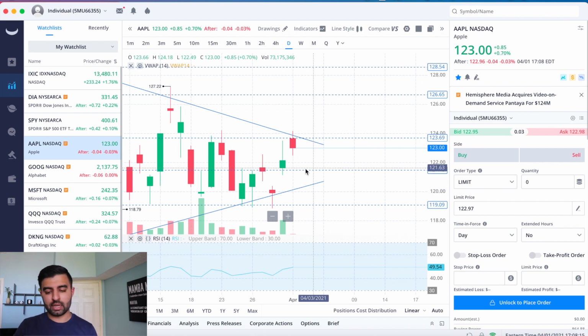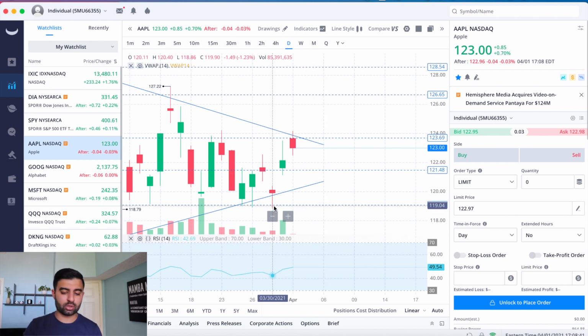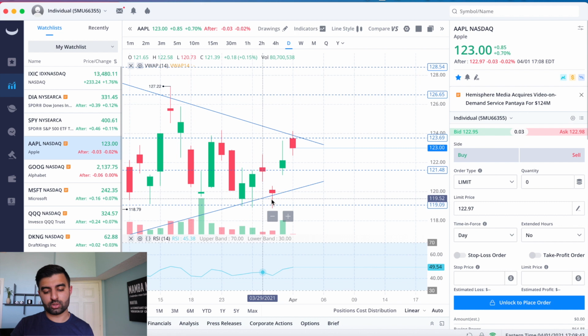So clearly, our resistance level down here, 121.48, is a pretty good level of resistance. We've seen it hold up as resistance. As you can see, back on March 19th, March 25th, March 26th, we had trouble breaking above that level. Now that we're above that level, I'm expecting it to be a solid level of support. The next support we have is 119.09, that we also held up a few times those same days as well